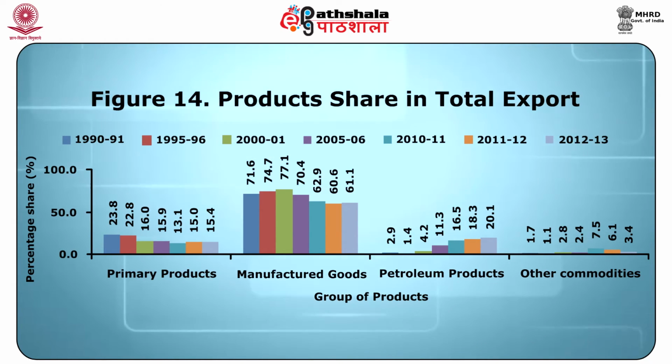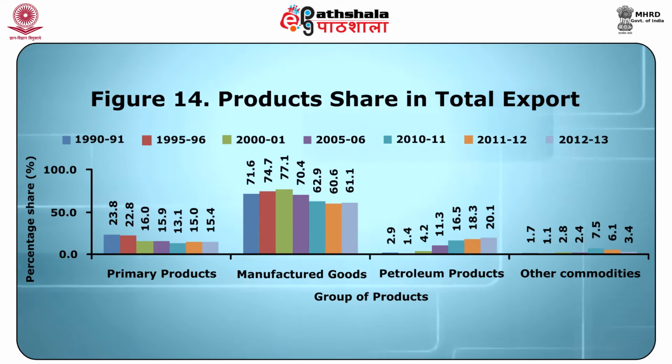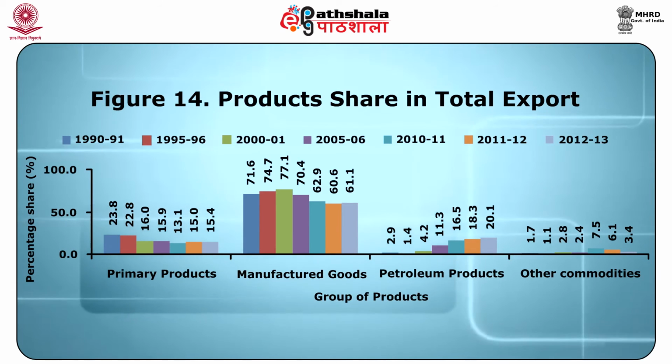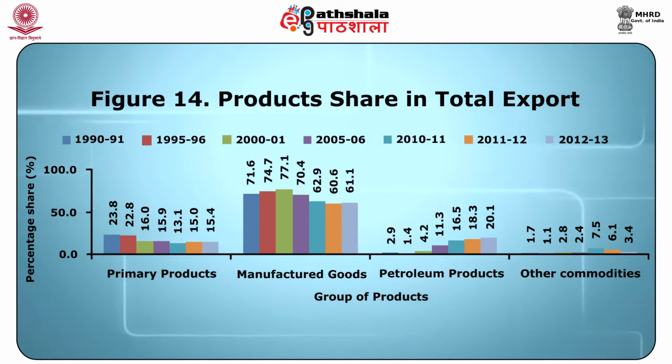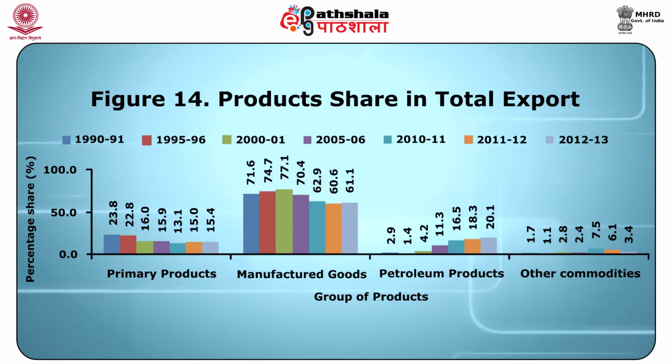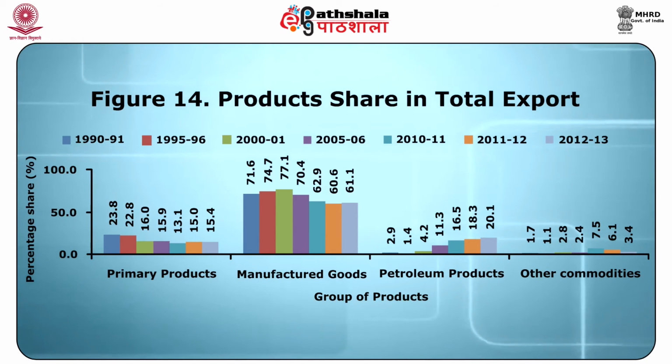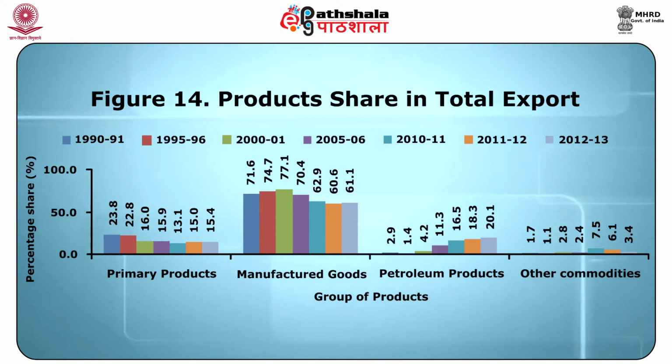Manufacturing goods have the highest share in exported products, but their share in total exports has declined. In 1991, the share was 71.6%. In 2012-13, it has reduced to 61.1%. Similarly, the share of primary products has also decreased from 23.8% to 15.4% respectively, though its share has improved after